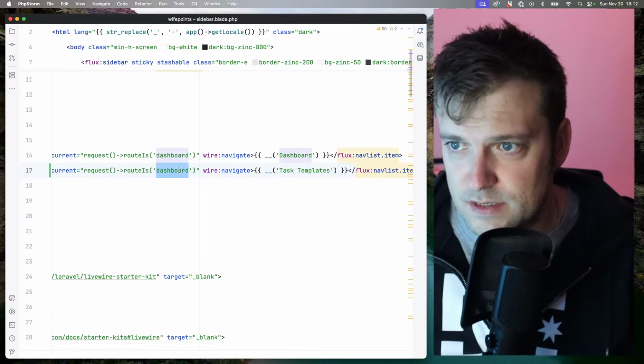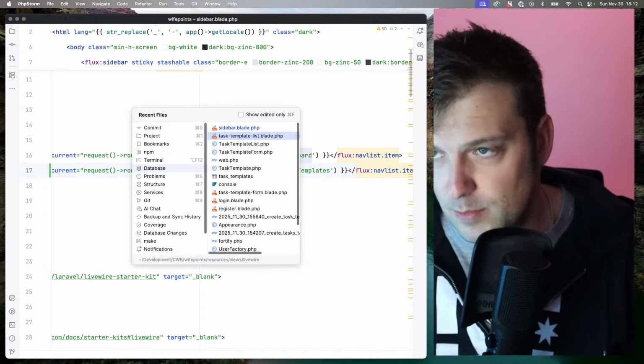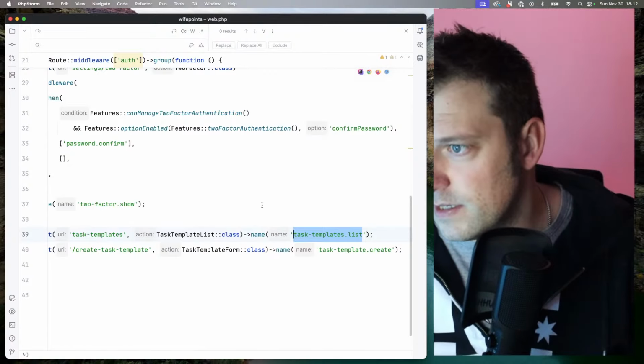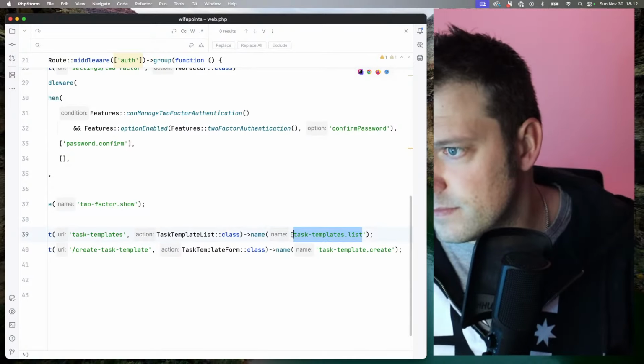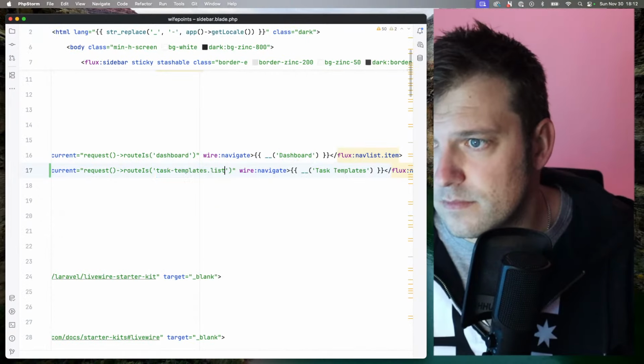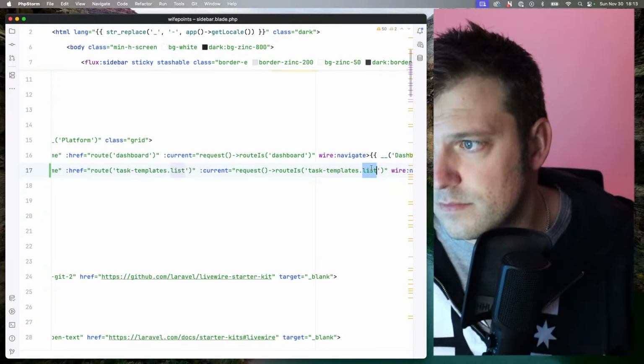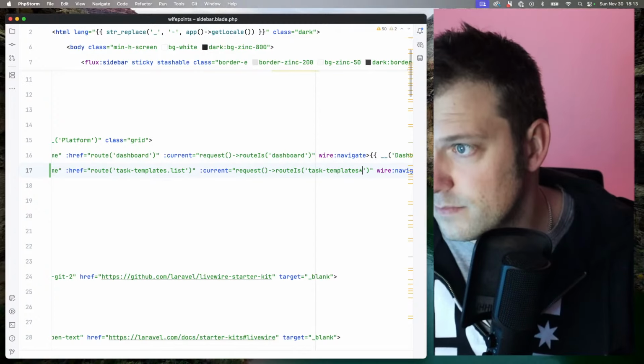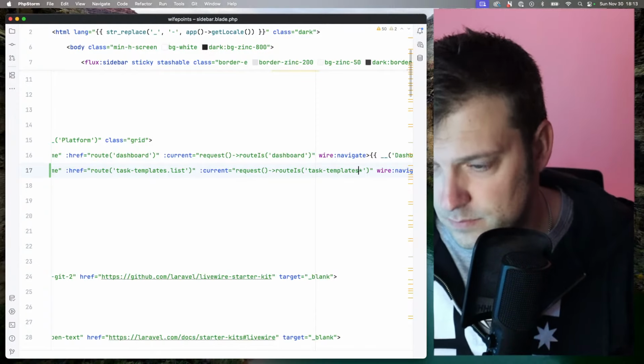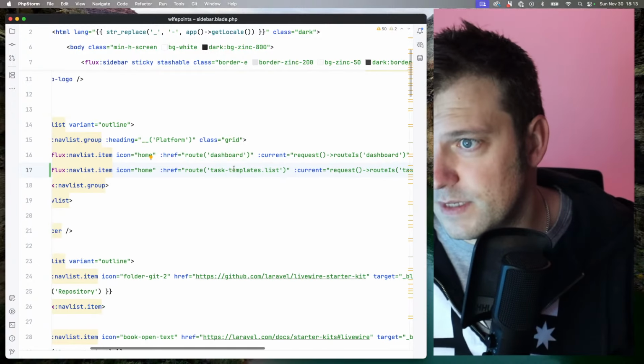Task templates, route is, what was the route again? This one. Dot asterisk and